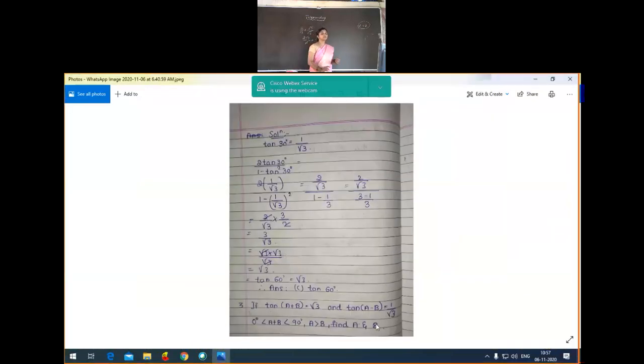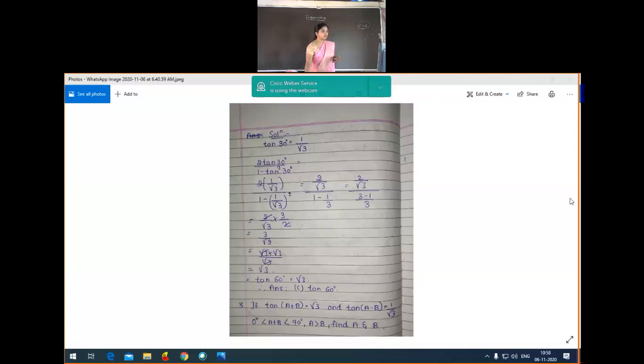Now we have to simplify the third main, which is like the last example. In the beginning of today's class we discussed one type of problem, sine of a minus b equal to 1 by 2, and cos of a plus b equal to 1 by 2. Then we applied the elimination method concept. We have to solve this type of problem, so let us work it out using the board.